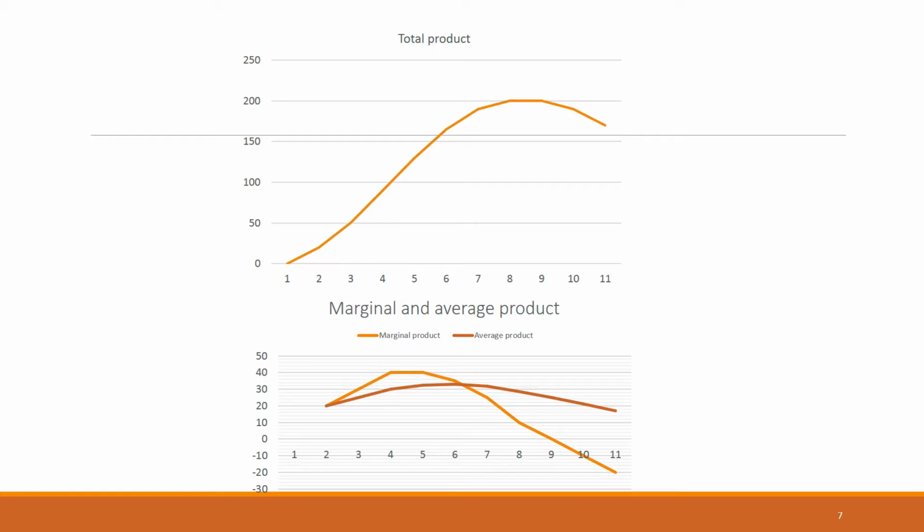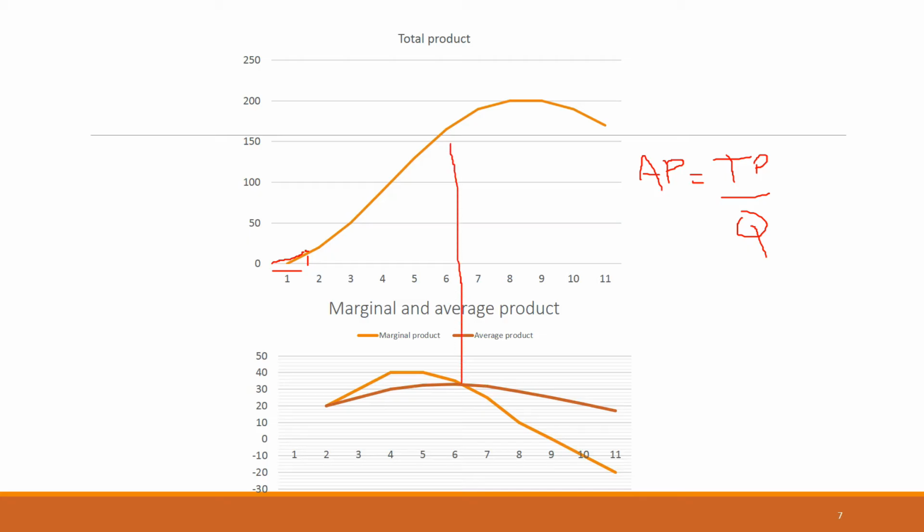Interestingly enough, if you want to look at the relationship between total product and average product, we said that the average product formula, and it's also always useful to go back to formulae, is total product divided by labour. So if you were to draw a line from the origin up to any point on the total product curve, here you have the vertical line showing total product, and horizontally you can see the amount of labour you're using over here, so you can actually calculate the average product. And this point here,